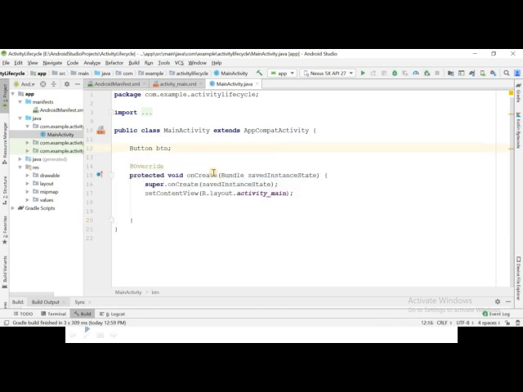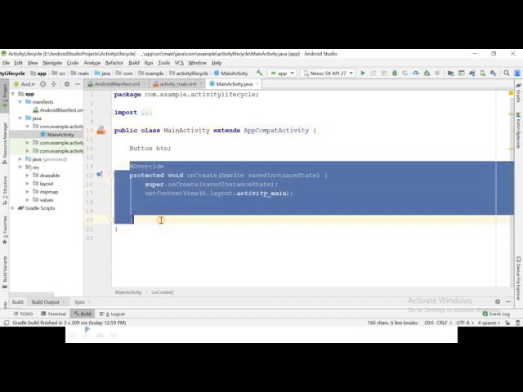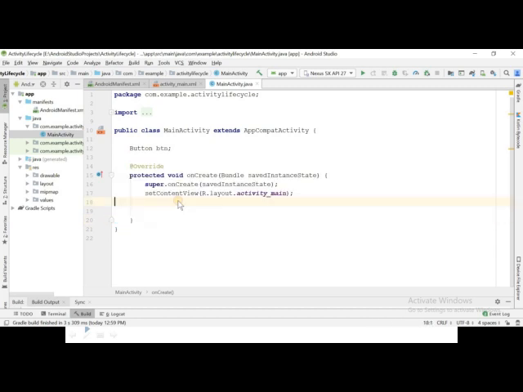What does an overridden method mean? It means that this method's implementation is also available in the parent class, but we are writing our own. Why do we write our own implementation of onCreate? So that we can declare our variables, or initialize our list with data. We can also set the events with our buttons or different views.